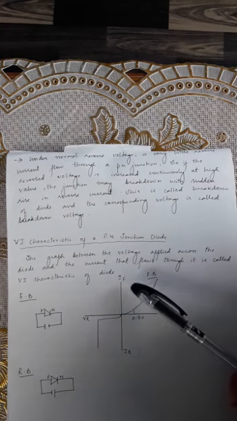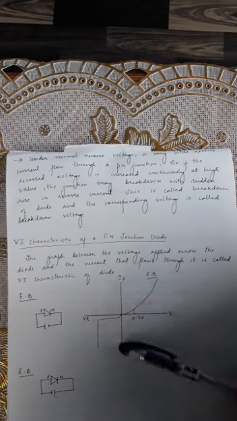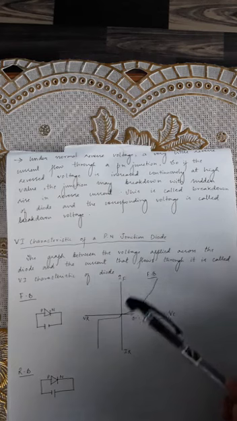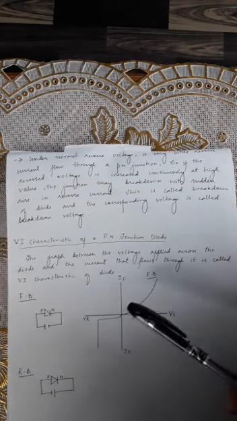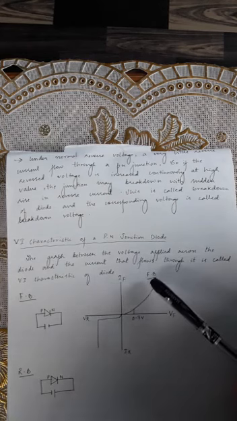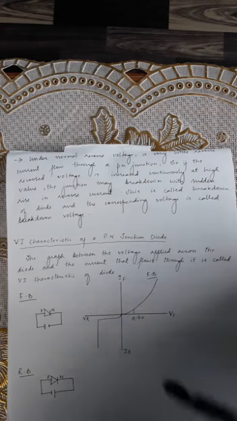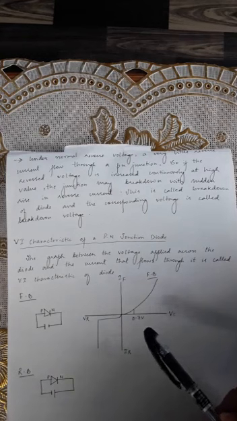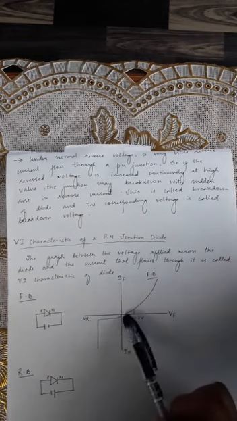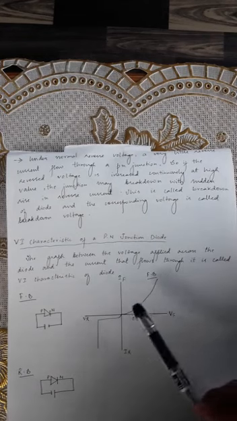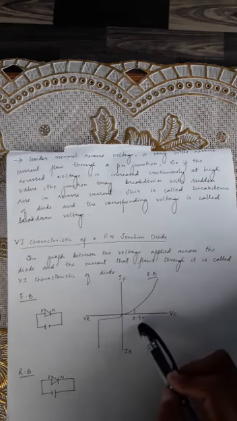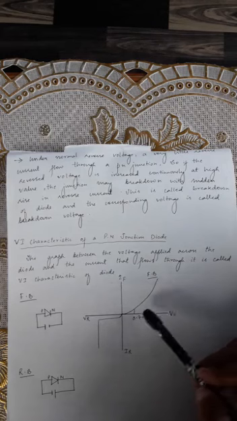So this is the graph. I have plotted forward bias up and reverse bias down. So let us talk first about forward bias. As we increase the forward voltage, the current also increases but very slowly. But as soon as it reaches a certain point, that is, in the case of silicon, 0.7 volt, the current starts rising